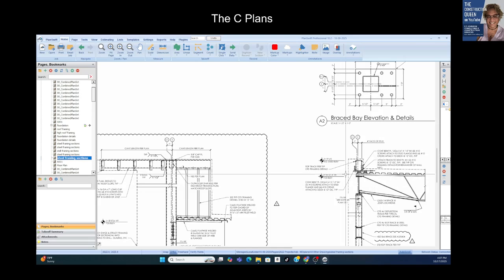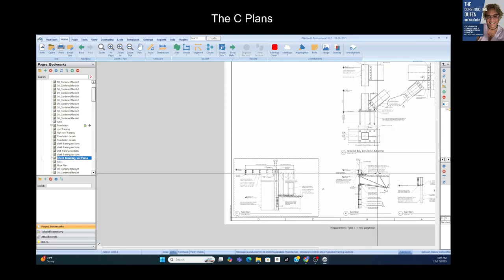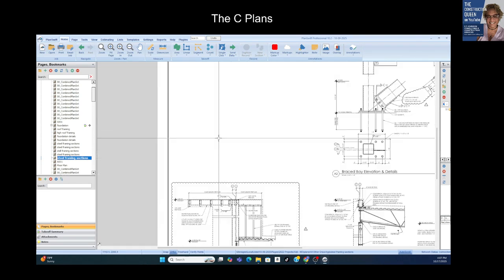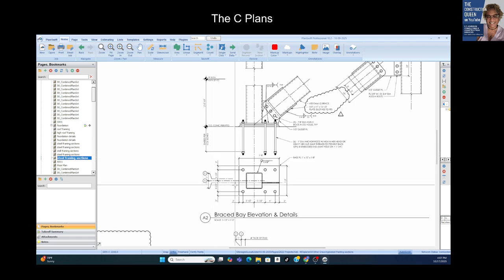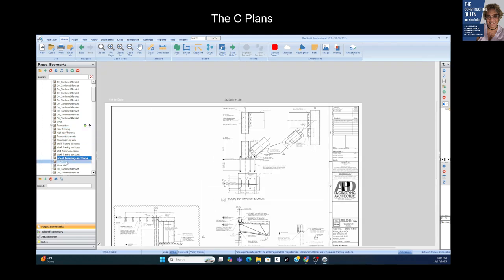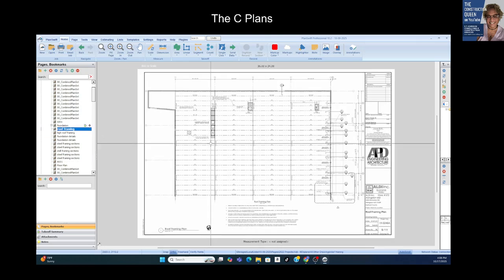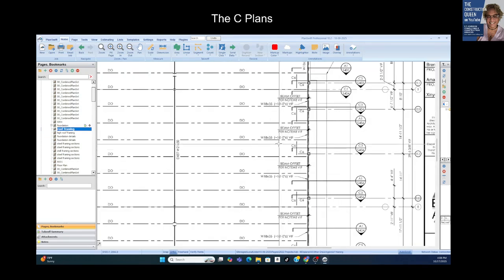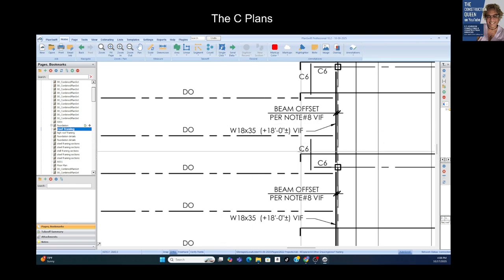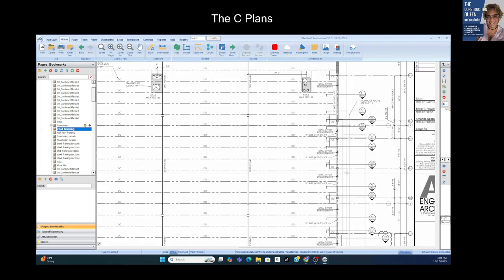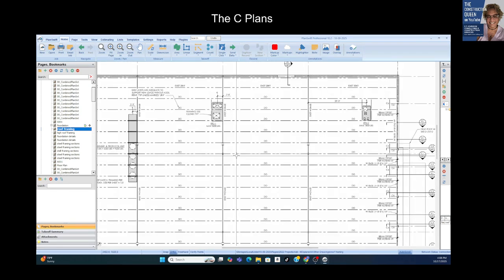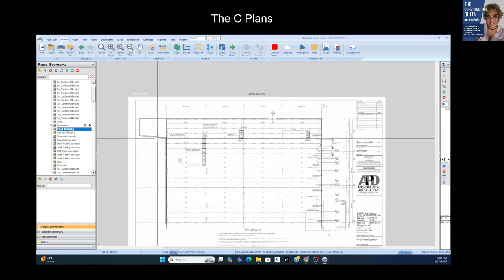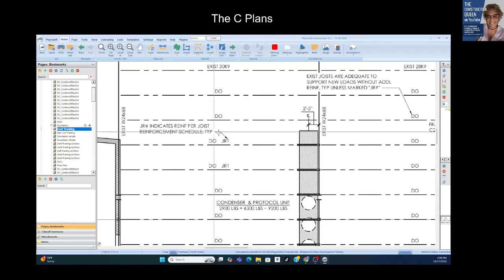So that's pretty much the structure set: the foundation, the columns and beams and girders and all of the roof framing stuff. You've got to know your W beams, your I beams. These use W beams. We don't even care what these are, but they gave us the type of these. We don't care about the joists because